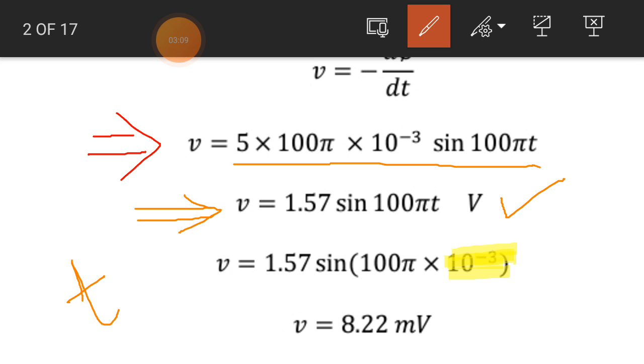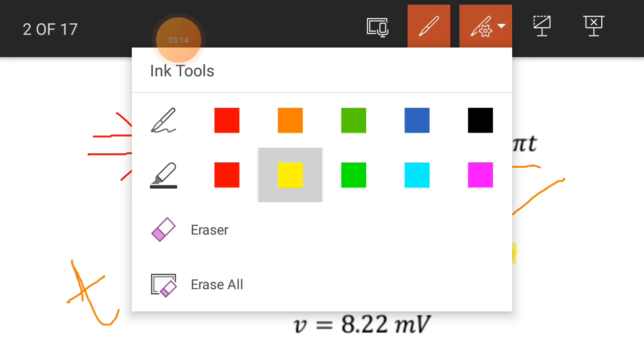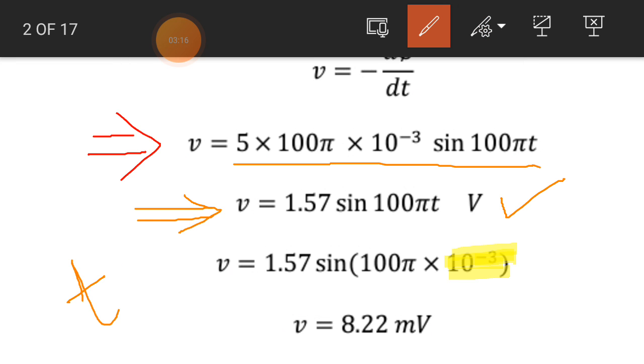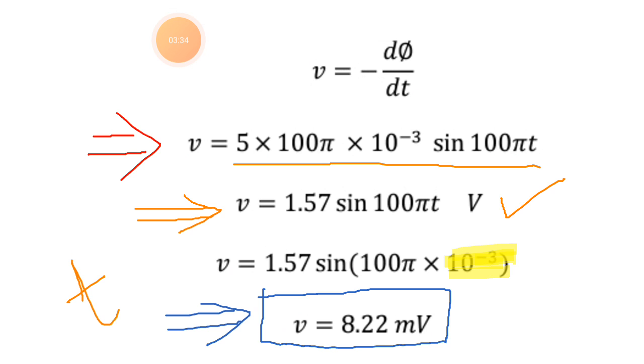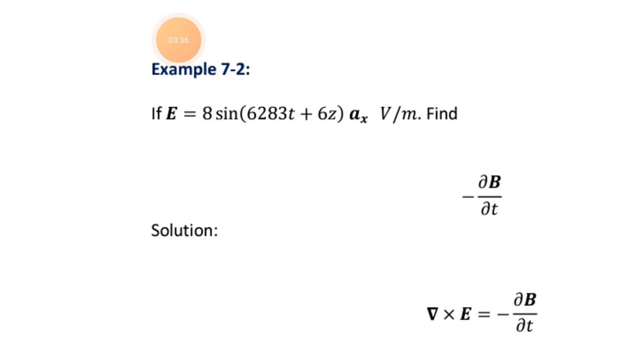If we put the value of t on the right hand side of this equation, we obtain the voltage across this conductor, which is 8.22 millivolt. So the answer of this question is 8.22 millivolt. We do example number 7.2. In example number 7.2,